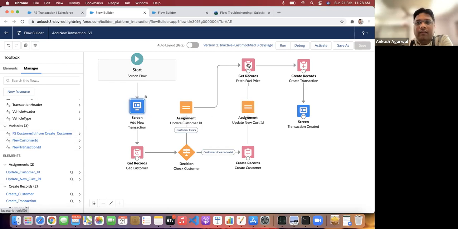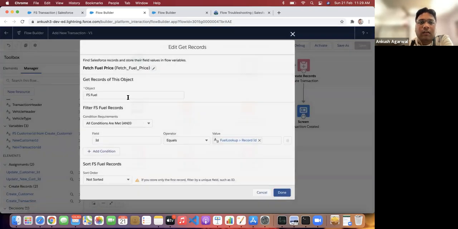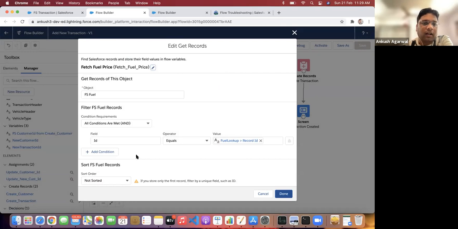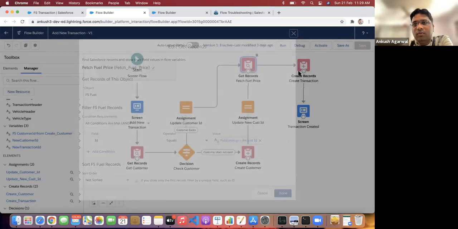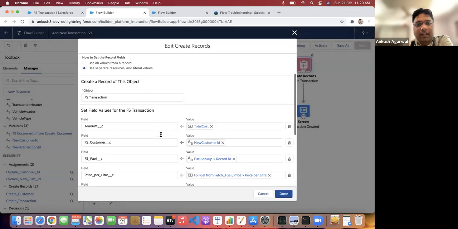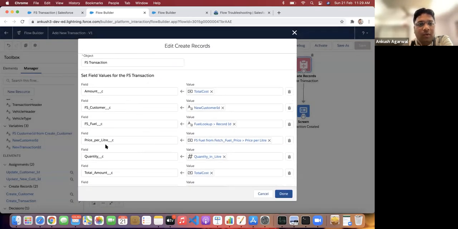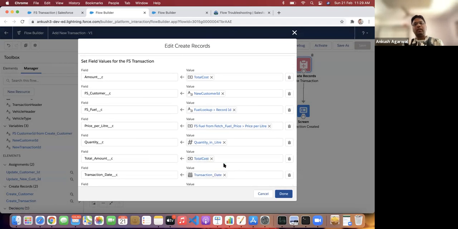And after that, which I noticed, and we haven't mentioned it explicitly in our requirement, we have fuel like petrol, diesel, or CNG, anything. So we need to fetch the details of that fuel, because we'll be using it while creating this transaction record. So here I have created this price per liter. The price per liter must come from that particular fuel, and what is the price of that fuel. And we need to calculate this total cost.